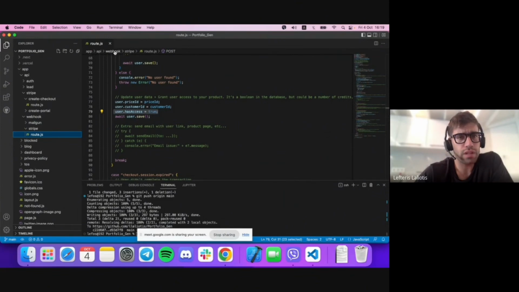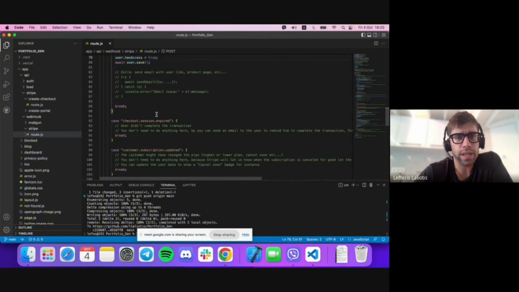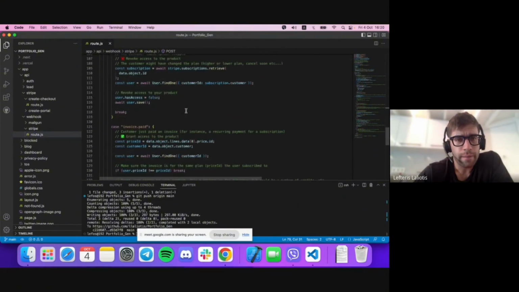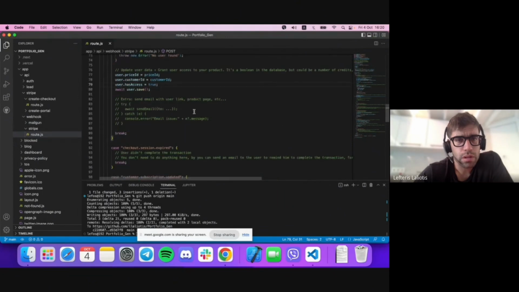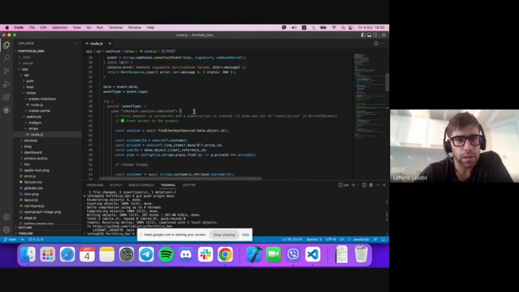Within the code there is a webhook already, a folder with Stripe. It's checkout session completed. That's the webhook that you're going to set up.